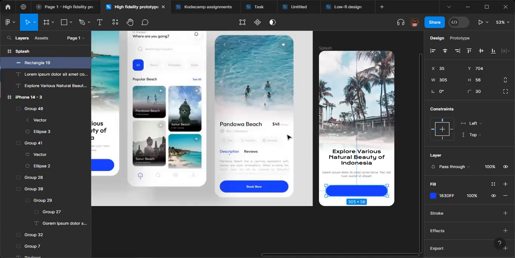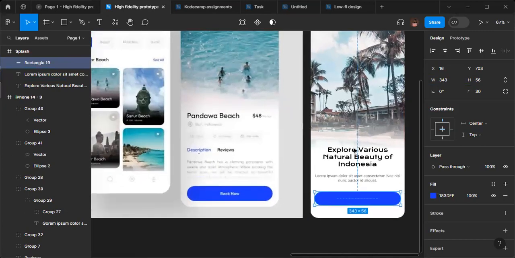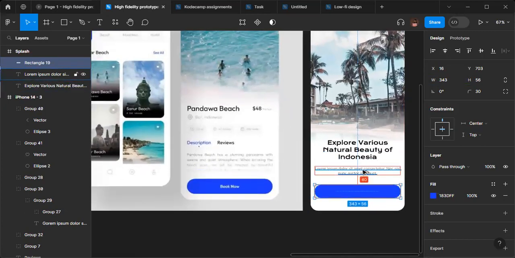So yes, we're going to make use of 343 for consistency. You can see that we're going to have 16 on the left, 16 on the right for our margins too. And since we're making use of the 8-point grid system or 8-point rule,